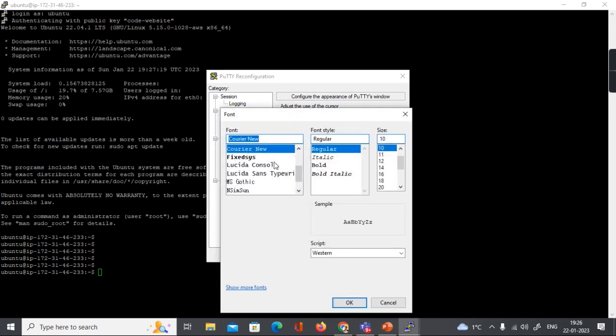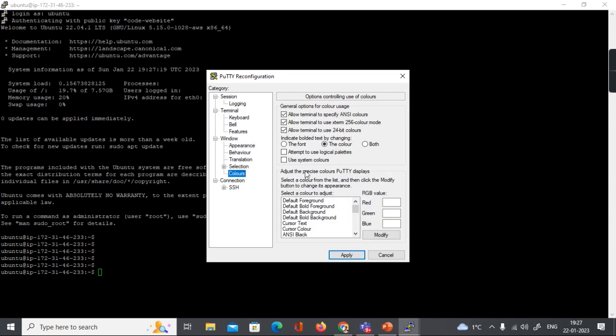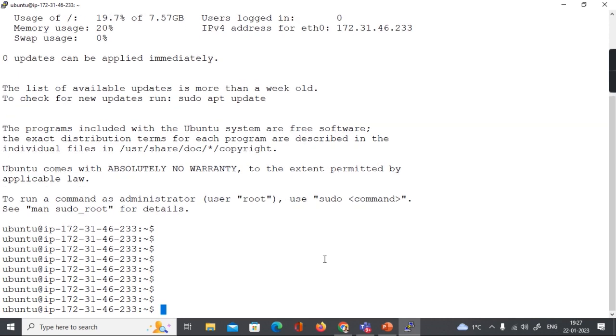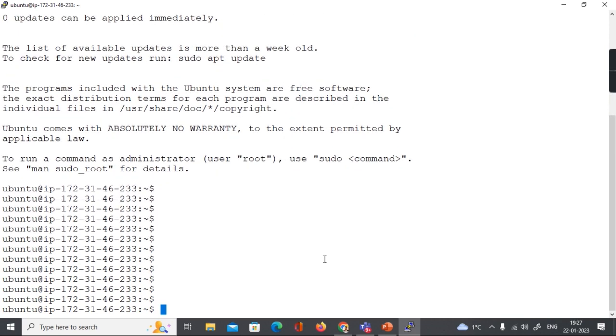Font. I'll use font size of 16, and color I'll basically use system colors. Oh, I hope this is visible. So now what we are going to do is